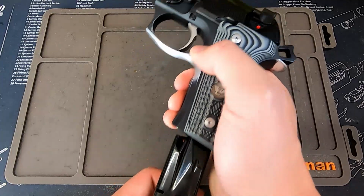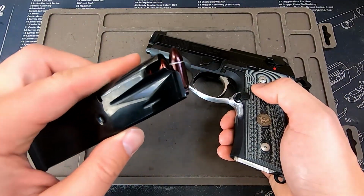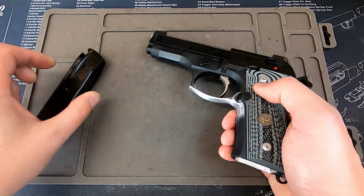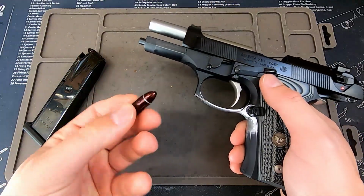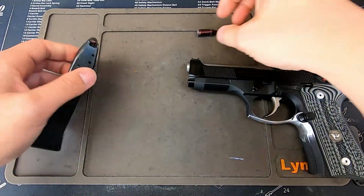So what this does is it allows me to check different statuses of the firearm with multiple pretend cartridges in the gun. You can see that there are still 4 more rounds in the magazine, but that does not mean that the firearm is safe. I have to eject the 1 round that is still in the firearm. So by having different